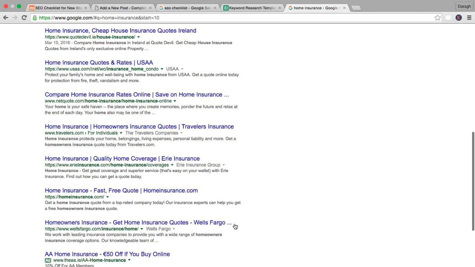This is what it looks like if your title tag is too long. It shows the title tag, but then it's cut off at the end and you can see the ... Essentially, the title tag here is too long. This company could probably shorten it up a little bit to have the full message within the 55 characters. I think it just looks a little bit more professional, and make sure that you're communicating your message in the